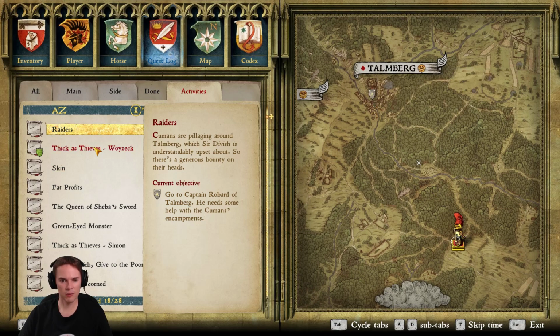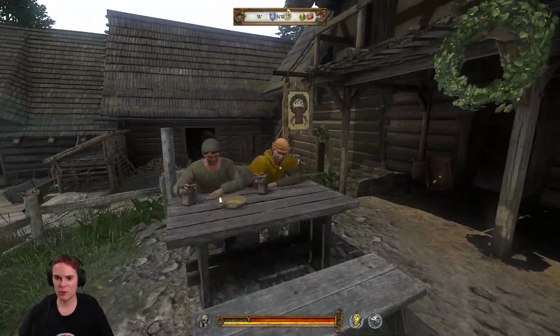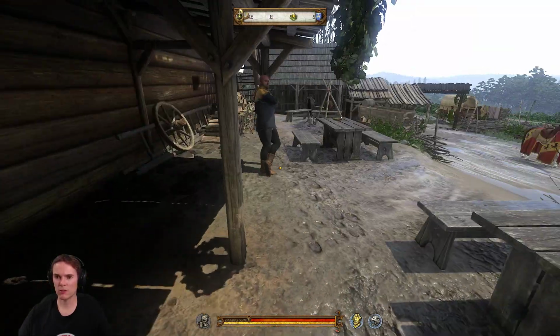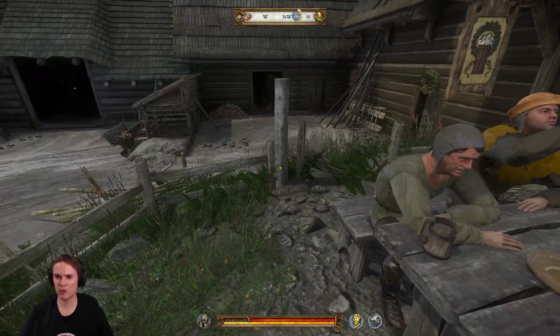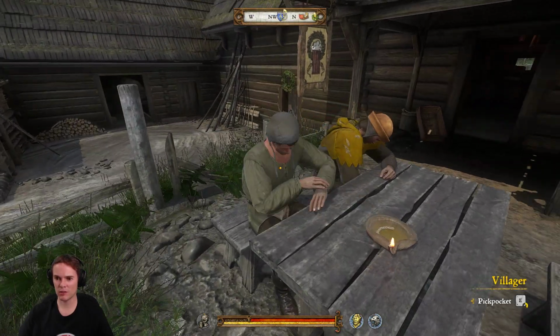He is a woman scorned. Steal 20 groschen from the non-paying customer's purse. Which is the non-paying customer? And I don't fancy doing it. I could do with something to eat. Villager. It's one of these two. Looking by that marker. Oh, I think it's that guy. I think it's him. But I'm not going to...